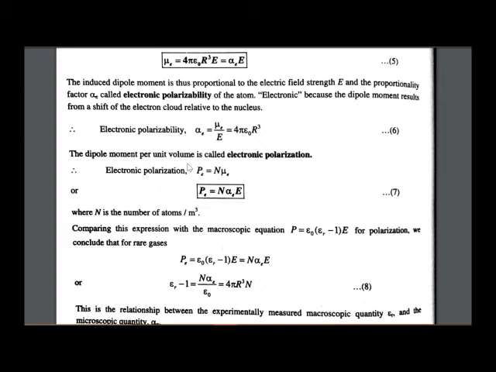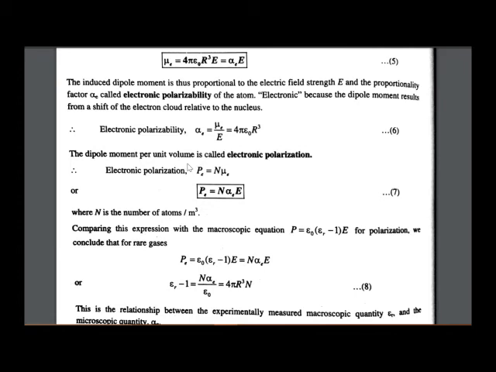Now substituting, we get Pe is equal to N into alpha e into E, where N is the number of atoms per unit volume. Comparing this expression with the macroscopic equation for polarization, P is equal to epsilon naught into epsilon r minus 1 into E, we get